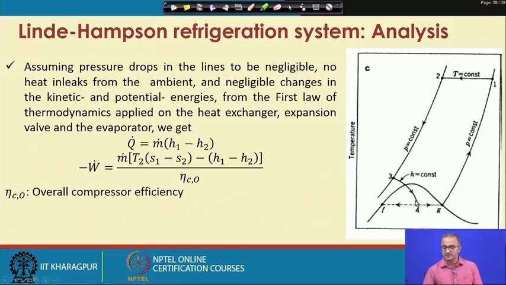So once this particular gas has been isenthalpically expanded, now we get two phases, one is the gaseous phase and the liquid phase. Now we assume that the gas and liquid are at their saturated condition, so that this gas will be on this particular curve, that is the saturated vapor curve, where the liquid will be on this curve, that is the saturated liquid curve. So this is liquid and this is the gas.